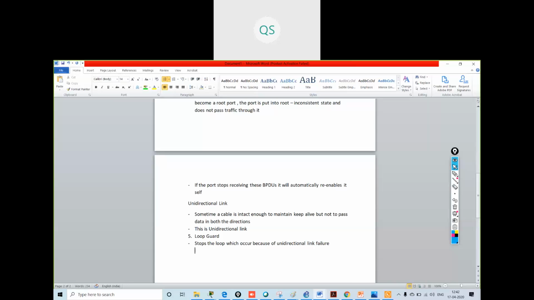It stops the loop, and it will make the port an inconsistent port.